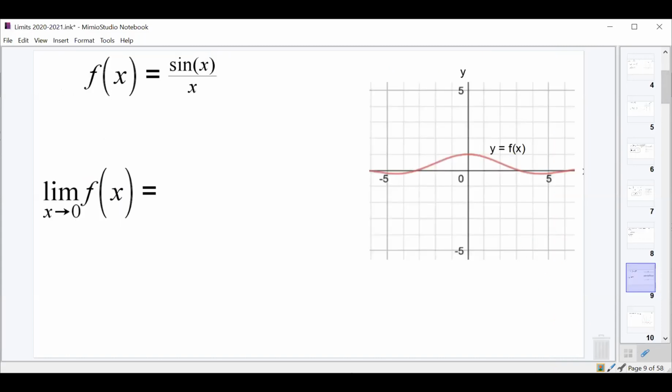Let's take a look at this one. This is a fun one. Sine x over x. We want to find the limit as x approaches 0 of this. Any thoughts? 1. If you look at the graph,